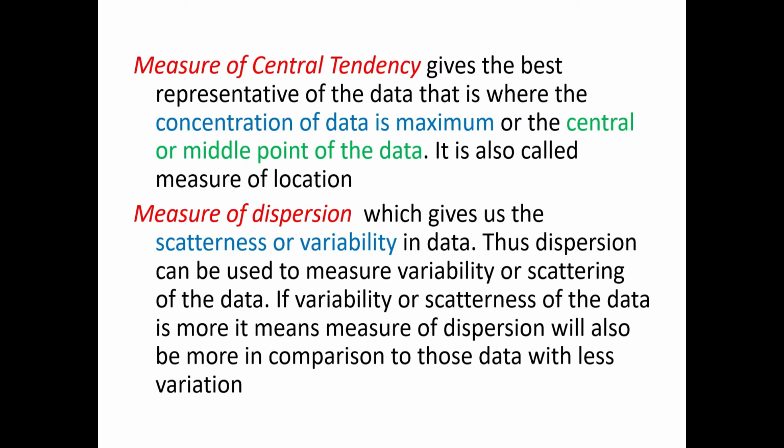Next, come to dispersion. This dispersion is telling us how much variability there is in the data, how the data is dispersed around its central value. If it is not dispersed, if all the data is one, that is one thing. But if it is dispersed, then how much is this dispersion from its central value? What is the minimum value, the maximum value, and how is it moving within the data? That is telling us by the dispersion. That is scatteredness in the data.